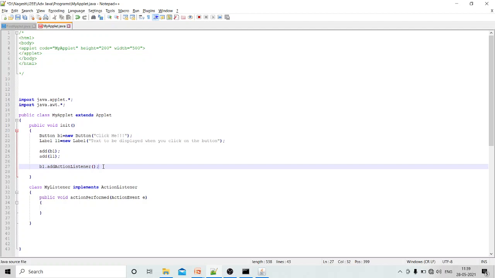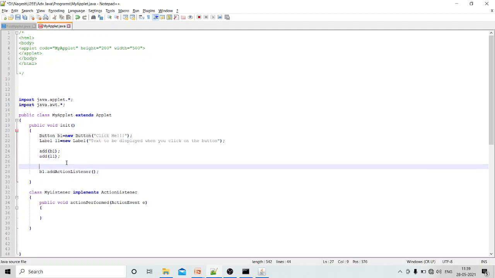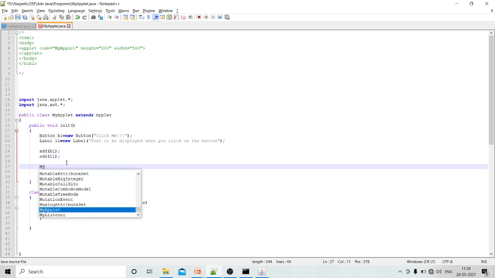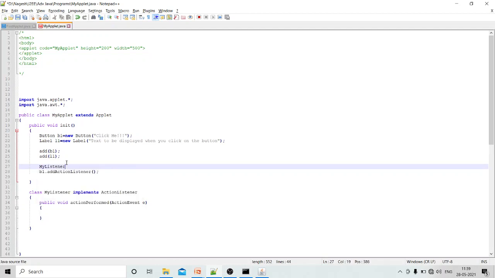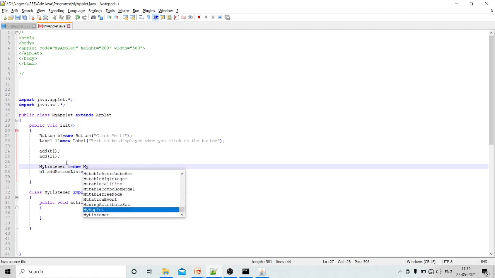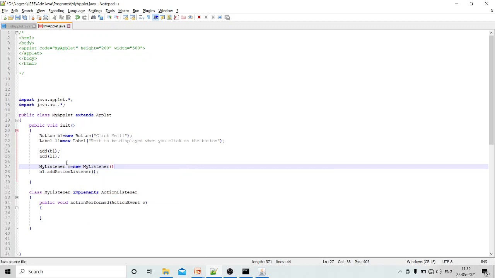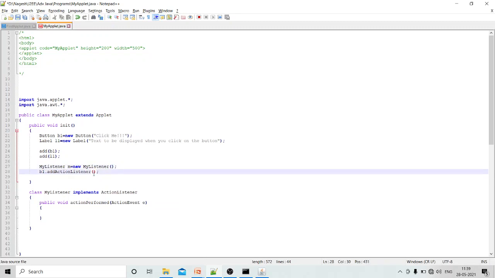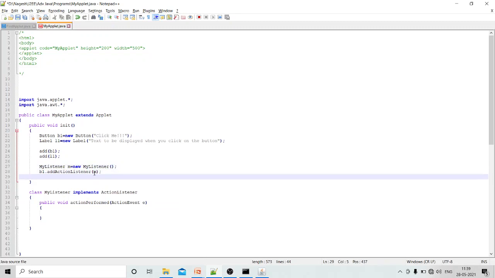To send an object, you can create an object first of MyListener. You can simply say MyListener m = new MyListener(). See, the object of MyListener is created, and while registering, send that object. m is sent here. So that is done.